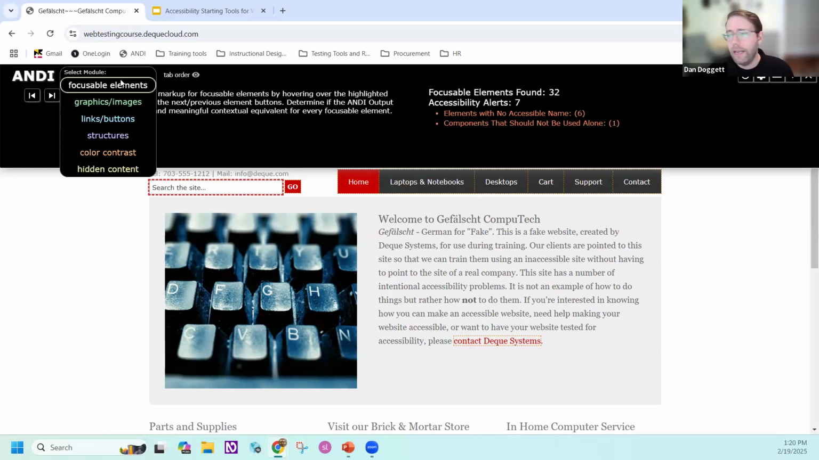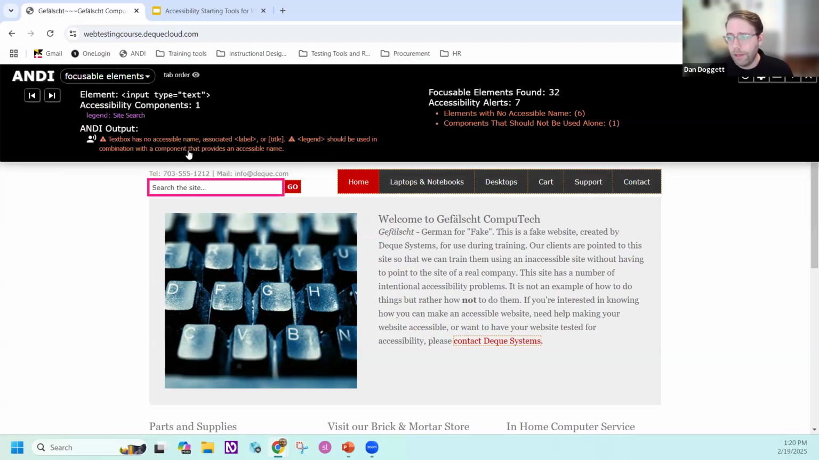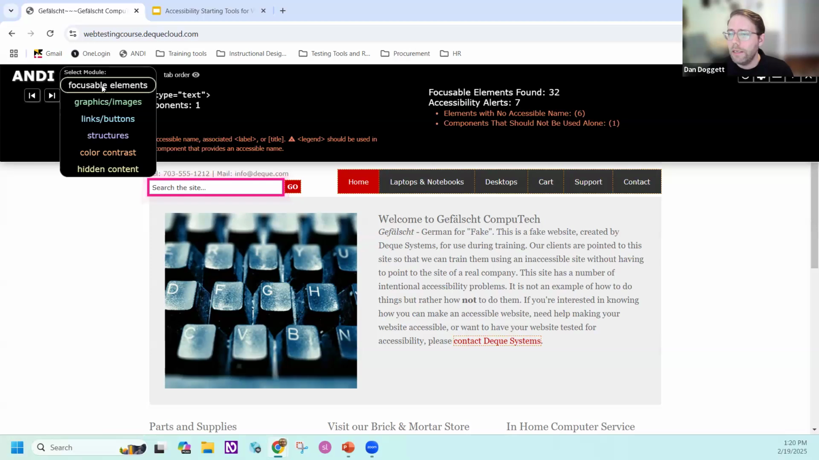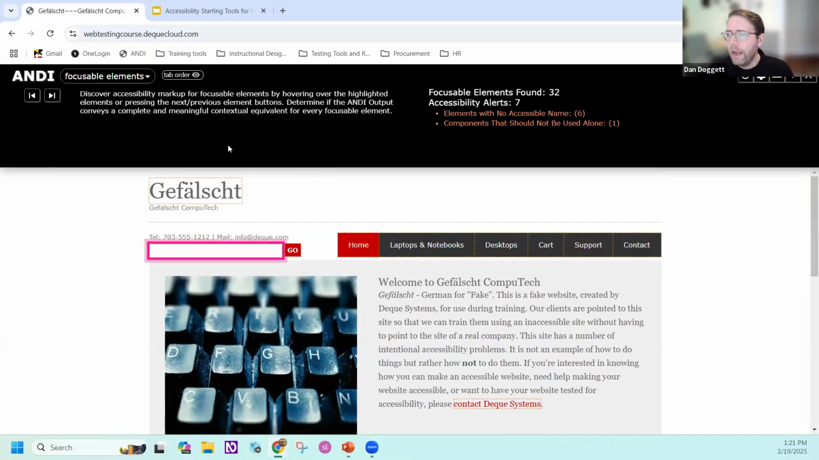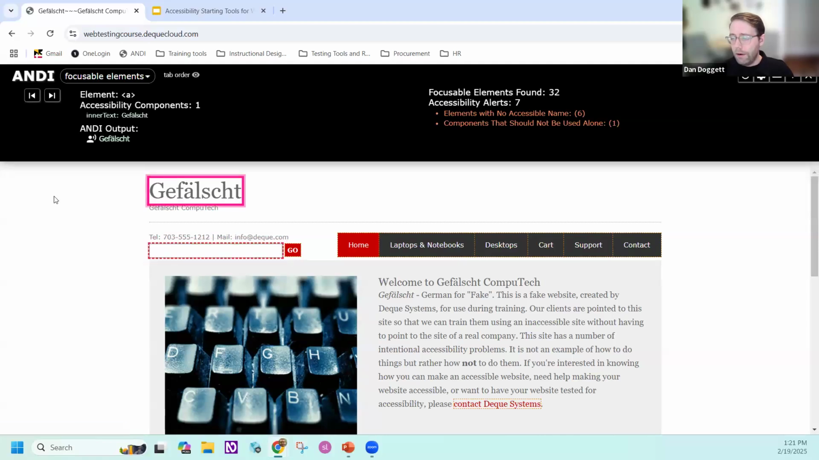When I test with Andy, I typically start from each module and investigate things and any errors I see there, and go all the way through. So if we look, let's do focusable elements. And again, this is really important for folks who either navigate using a keyboard or use a screen reader, because these elements not only have a certain order that they need to go in,